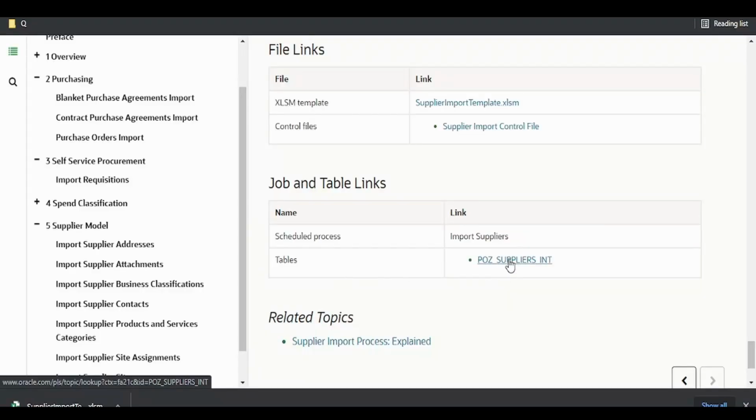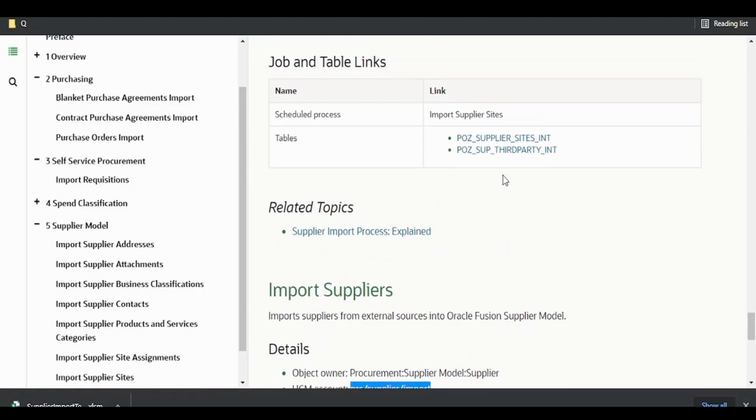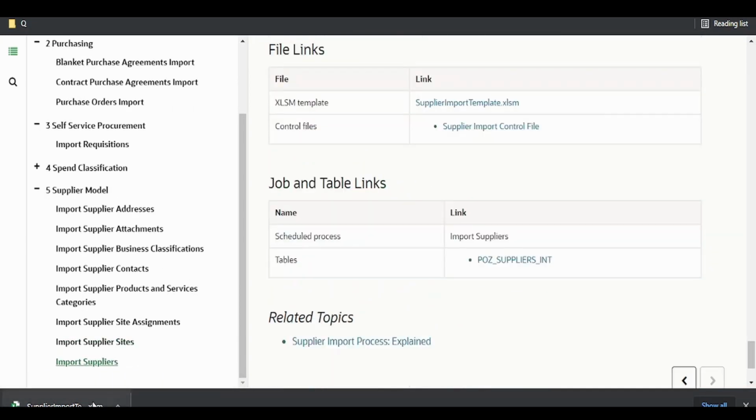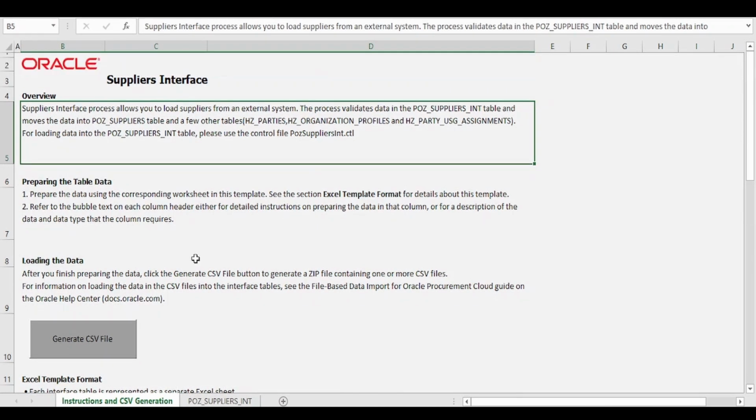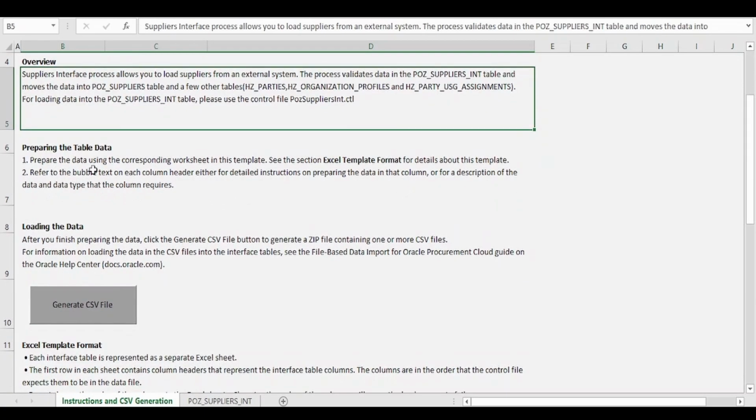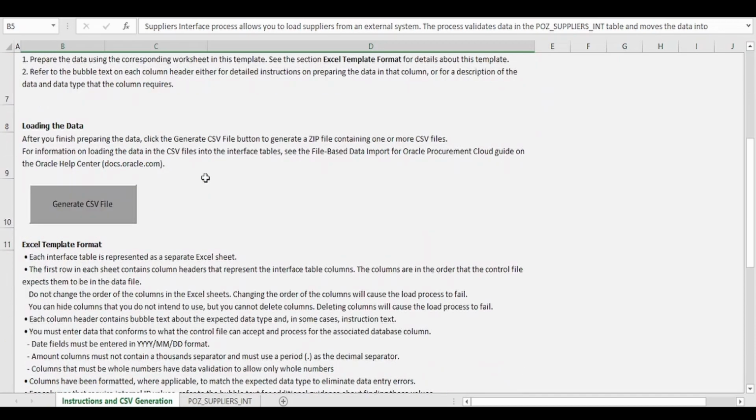Table details and all has been listed over here. All those things we'll get to know from this. Let me open this XLSM file which it has downloaded. If you see over here, the first page gives the overview about this XLSM. You can read over this under what table it is going to insert, preparing the data table, how you have to prepare the data, loading the data, how you have to load the data. We have to zip the file containing one or more CSV files, go through the guideline,